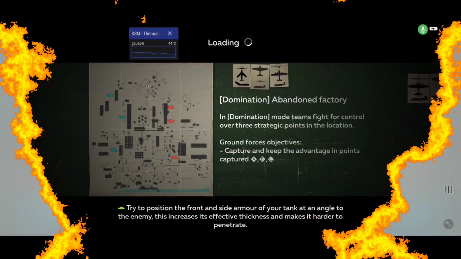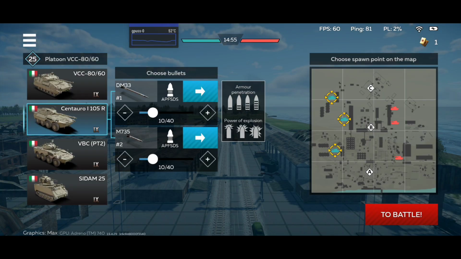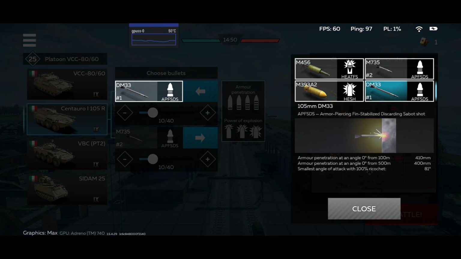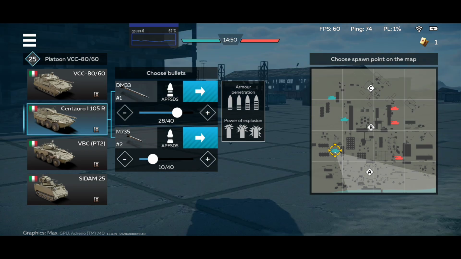Will be funny if the tank just drowns. And let's go to the next match. Here you can take a look at the ammo that you have here. I'm just using DM33 APFSDS on this thing